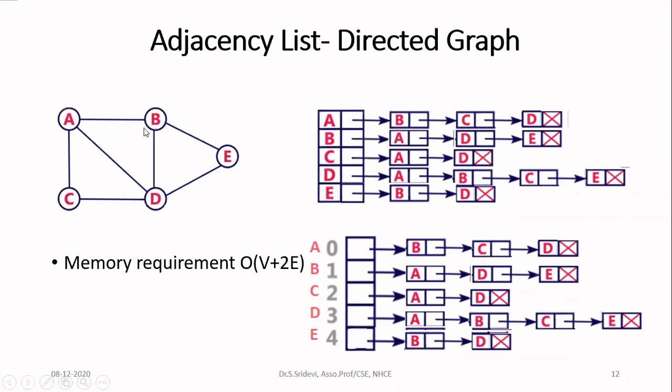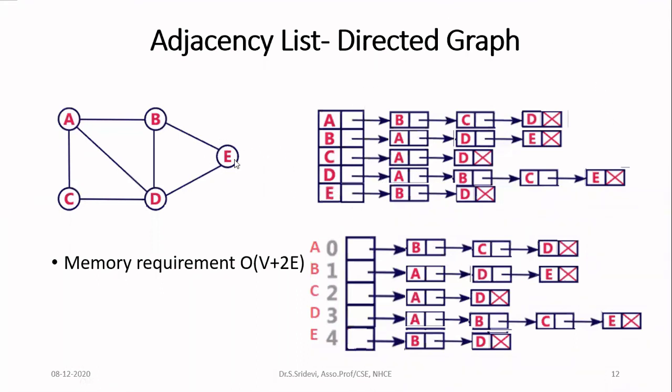If you consider this, I have only one connection from A to B, but how many times is that information represented? It is represented twice. One is with respect to A, this particular entry, A to B, this connection is represented. And then with respect to B also, we have represented that. So in case of the undirected graph, if an edge is appearing one time, we will represent it in two places. One is with respect to the first node, another is with respect to the second node. So every edge information will be represented twice. And the remaining are the same. You can construct this graph.